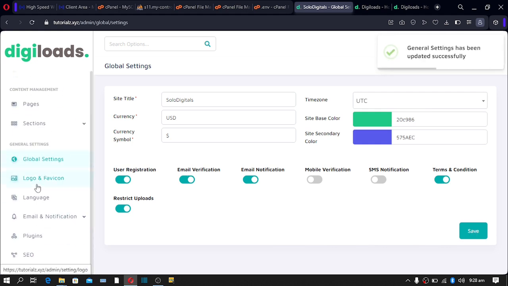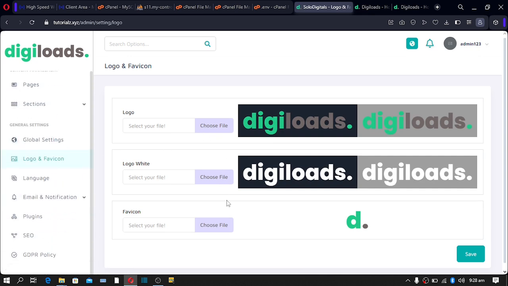And we are done. Go to logo and favicon, and this way you change the logo for your site. Design your website logo, upload your logo here. Okay, so we have your dark logo, which is going to be this one, and then your light logo, which is going to be this one,